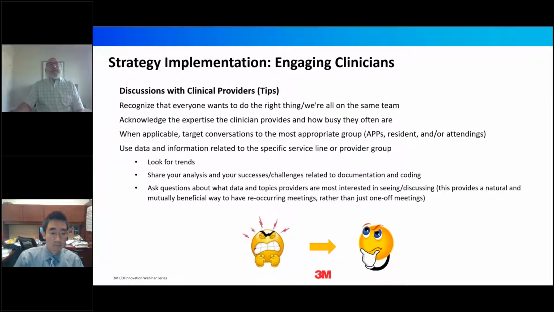So I think one of the things we came away with is recognizing that everyone wants to do the right thing and that we're all on the same team. You just sort of have to have that as an assumption and base your work off of it. And I think that's come true from what I've seen in the work we've done to date. And we need to